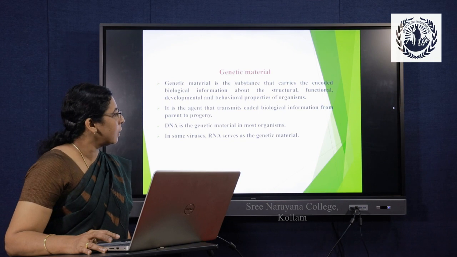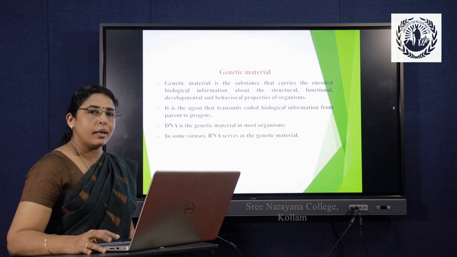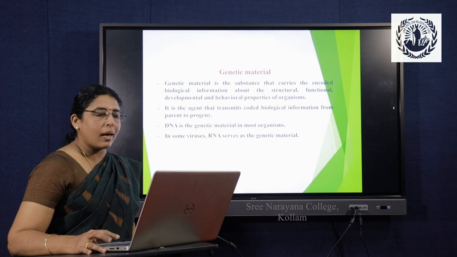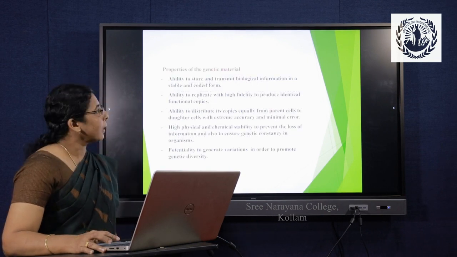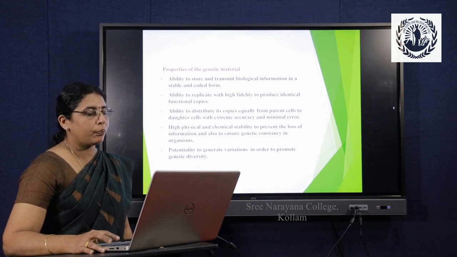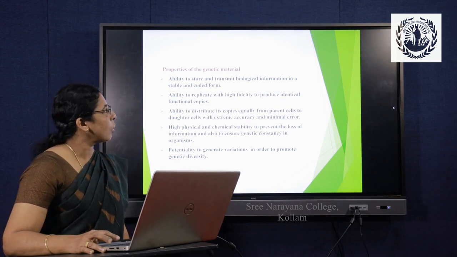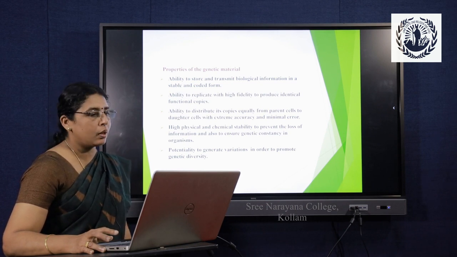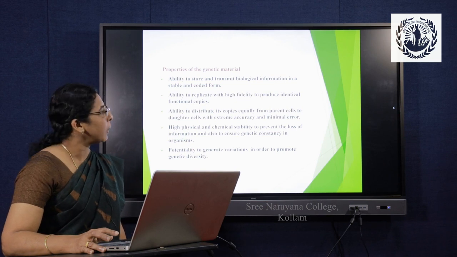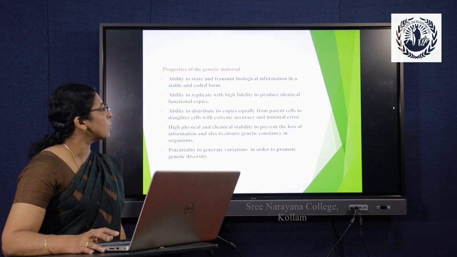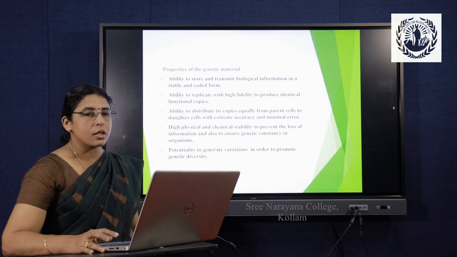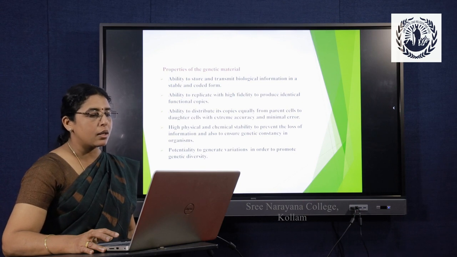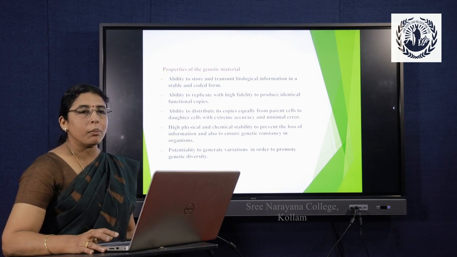All of you know that in most organisms DNA is the genetic material, but in some viruses RNA serves as the genetic material. Then coming to the properties of the genetic material. First one, it has the ability to store and transmit biological information in a stable and coded form. Second one, it has the ability to replicate with high fidelity to produce identical functional copies. Third one, it has the ability to distribute its copies equally from parent cells to daughter cells with extreme accuracy